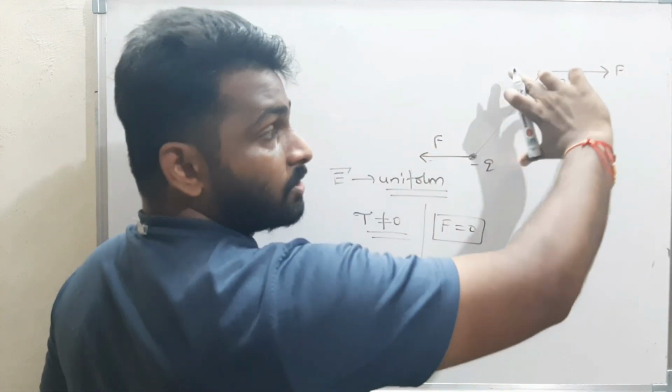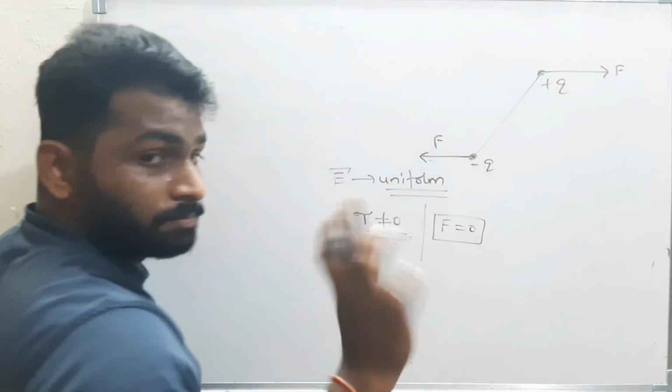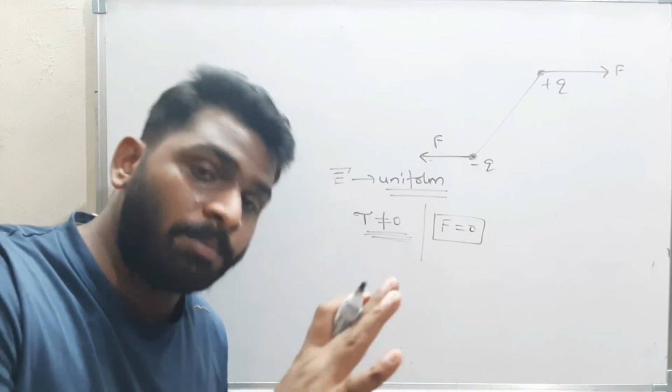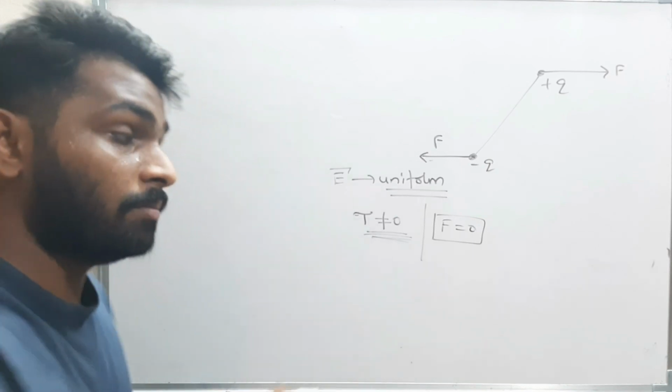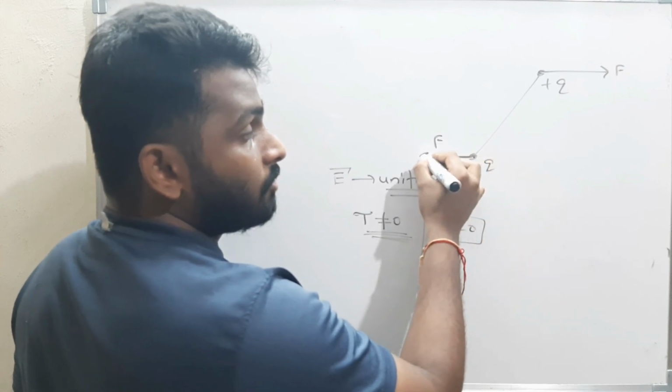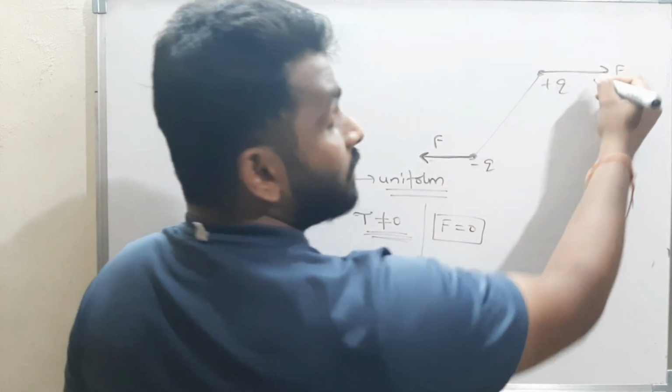And because of these two forces, the body will rotate. Therefore, torque is not 0. In a uniform electric field, the torque is not 0. The torque may be 0, but it is not always 0. But the forces, see here, we always have to assume as if they are acting at the center